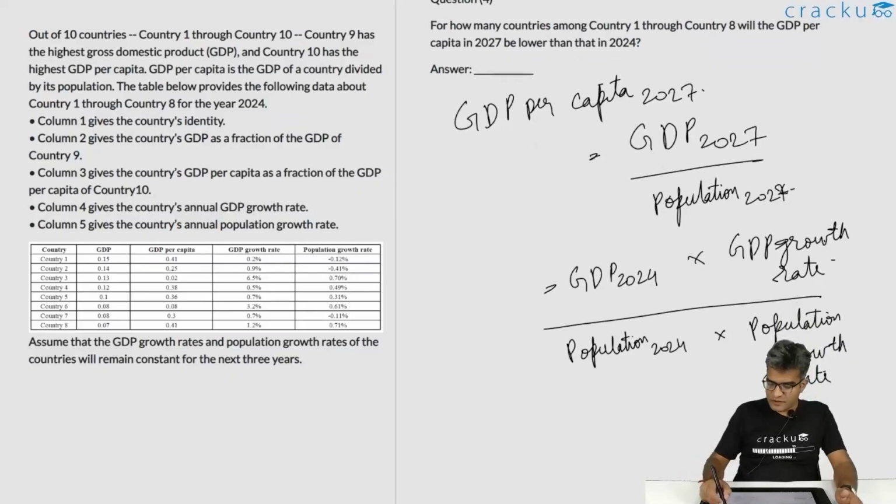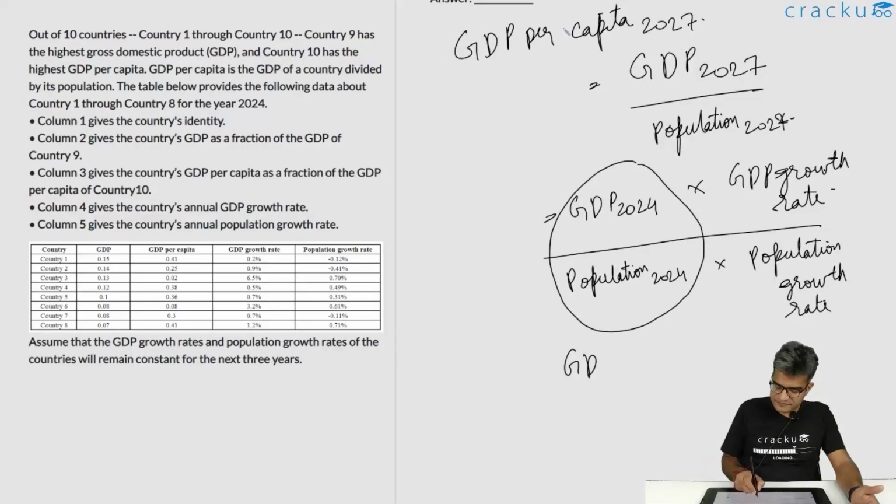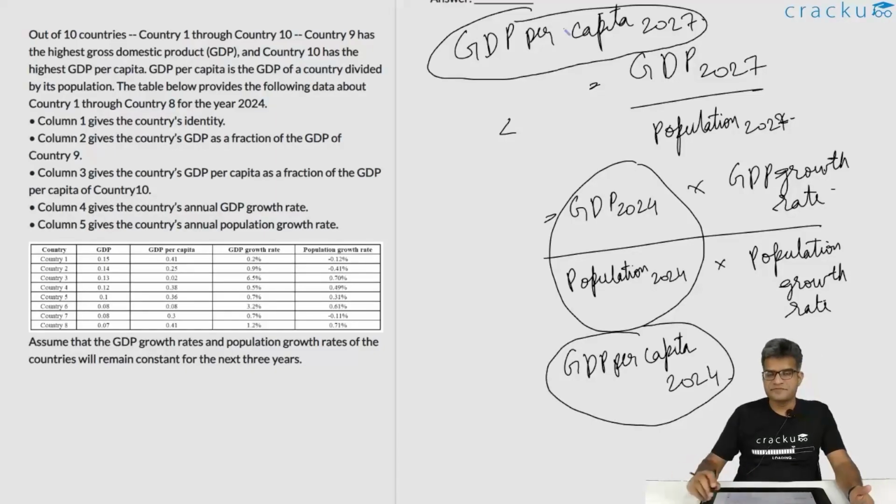Now what we are required to do is GDP in 2024 divided by population in 2024, which is actually GDP per capita of 2024. We are required to calculate for how many of them is GDP per capita of 2027 less than GDP per capita of 2024. So for any country, if the GDP per capita of 2027 is less than the GDP per capita of 2024, it would imply that